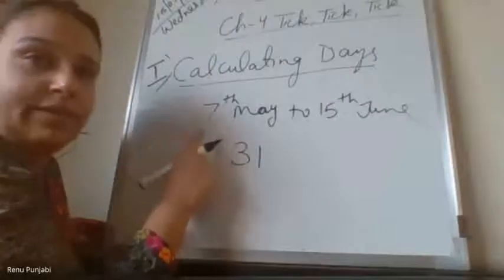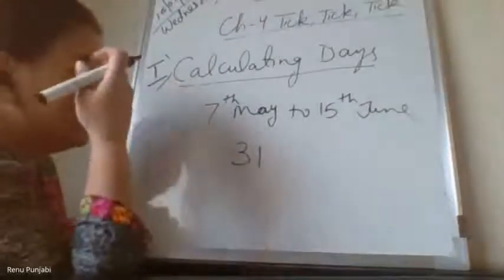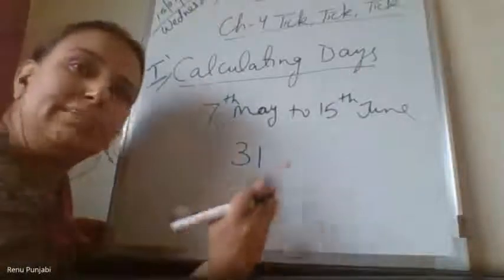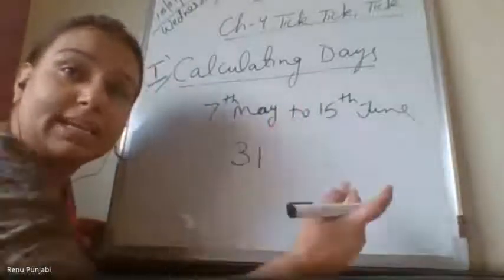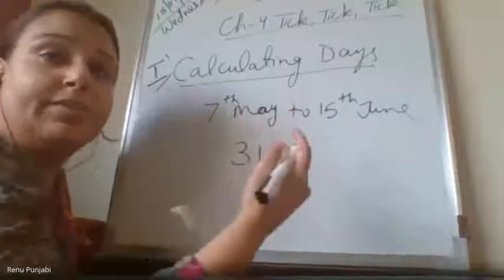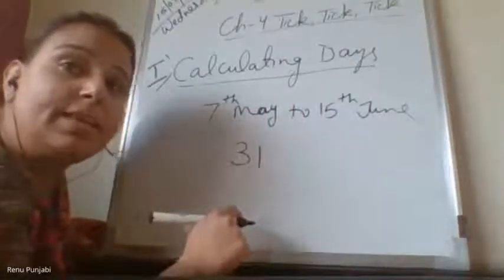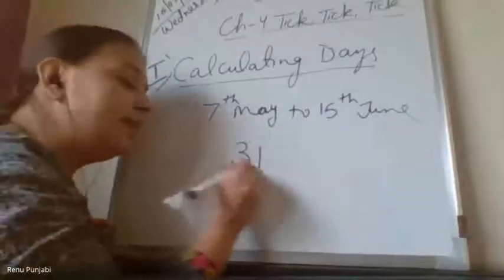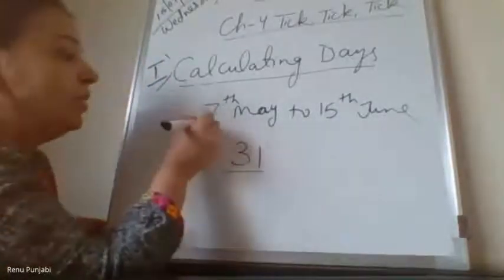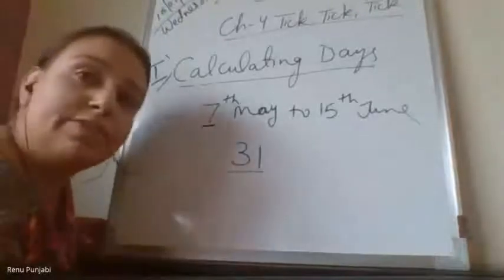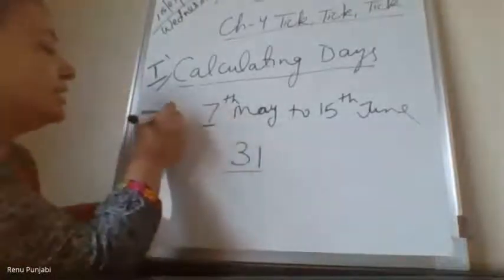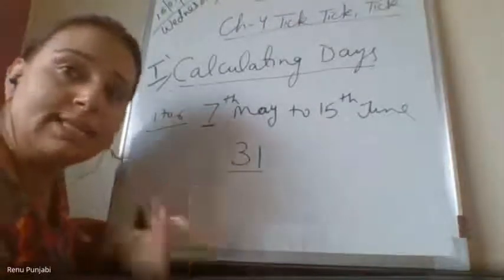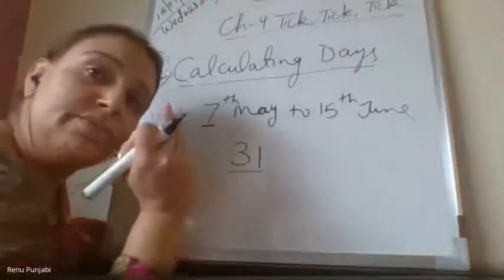So if we calculate from 7th May till the 31st May, it will be time consuming. It will take time, right? Counting each and every day. And one more method is there, it will be easy for you. See, you all know that there are 31 days. You all know that the summer camp starts from 7th May, means from 1 to 6 the summer camp was not there, right? Means 6 days the summer camp was not there. It started from 7th May.